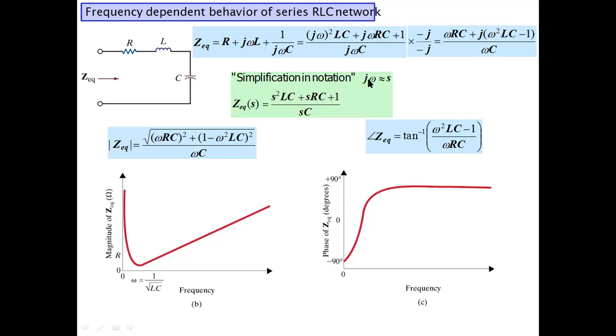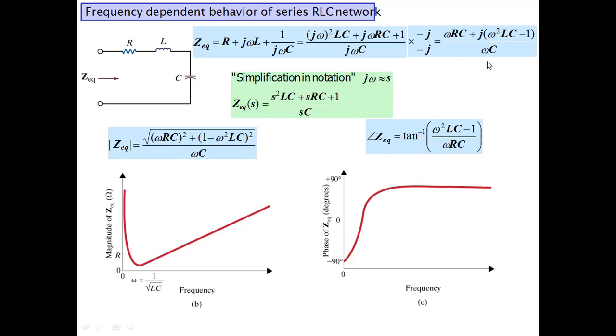So j omega becomes s RC as it is. And again if you are multiplying this here, you will get minus j. If you are multiplying again with j, you will get here j square. j square will be equal to minus 1, because we are taking j as a complex value and the value of j is square root of minus 1. So j square becomes minus 1. Minus 1 times minus j, you will get here plus 1. So your equation for Z equivalent will become s square LC plus s RC plus 1.